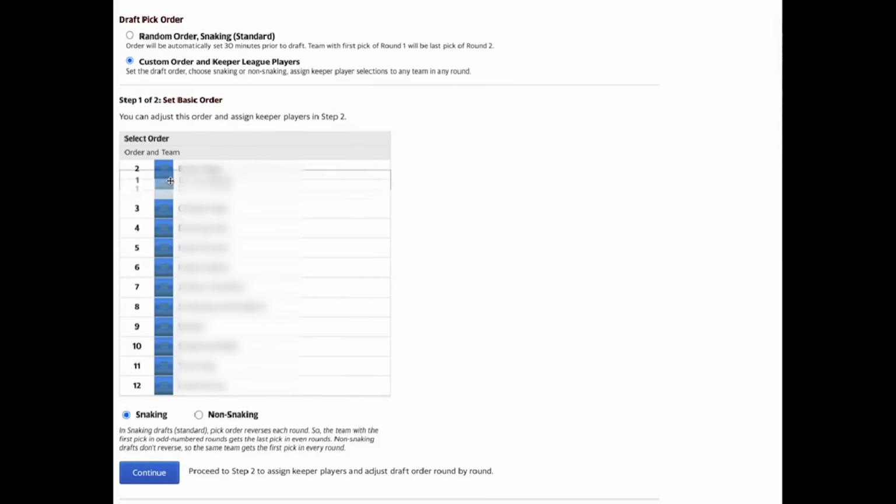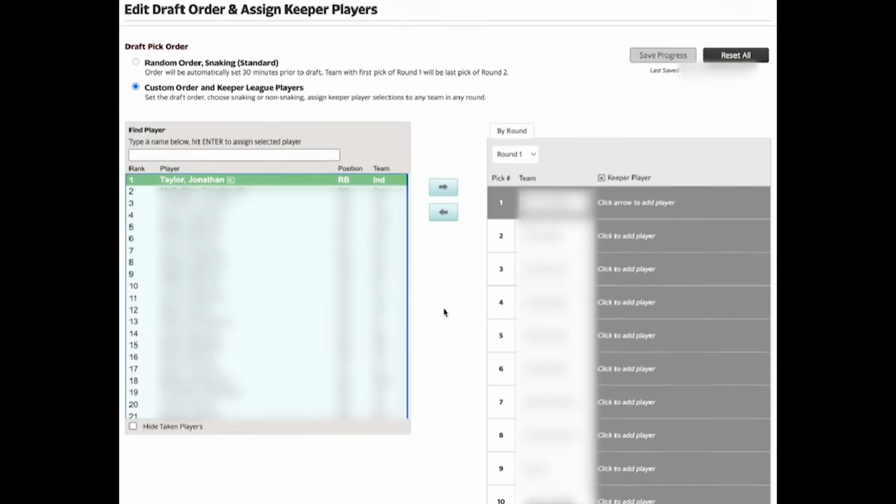Now you can easily edit this order, just pick one and take it down or take it up. After editing the order, you can just click on continue and then you can assign the keepers if you want. So you can easily assign keepers through this page and then you would have successfully set the draft order on Yahoo Fantasy Football. So that is a simple way through which you can